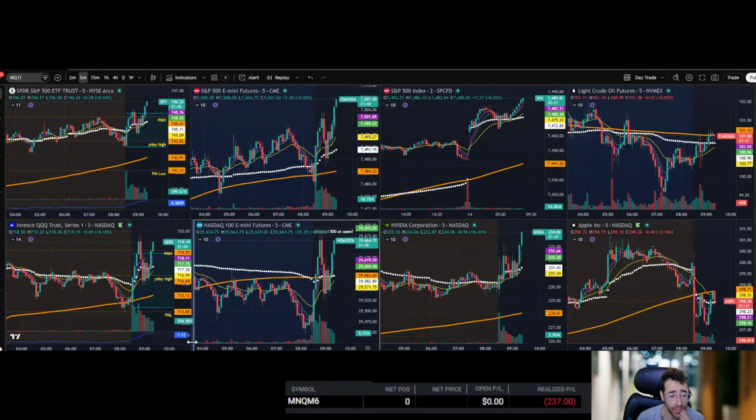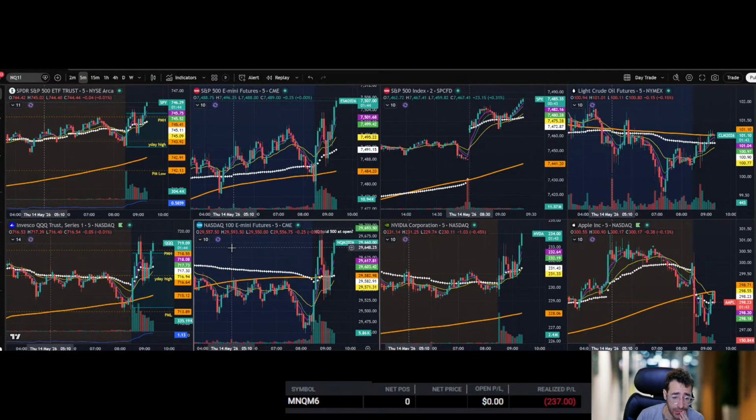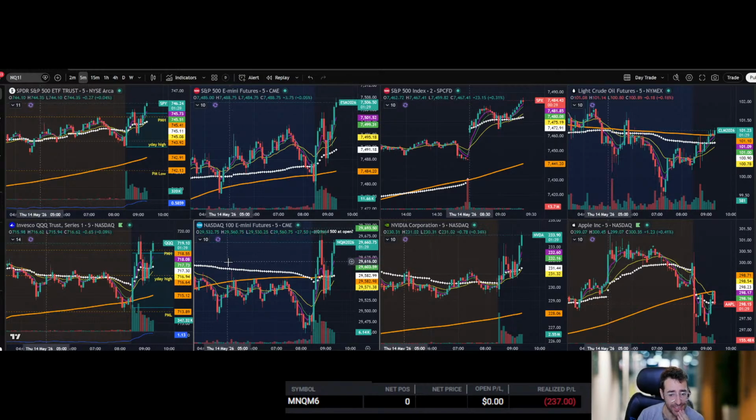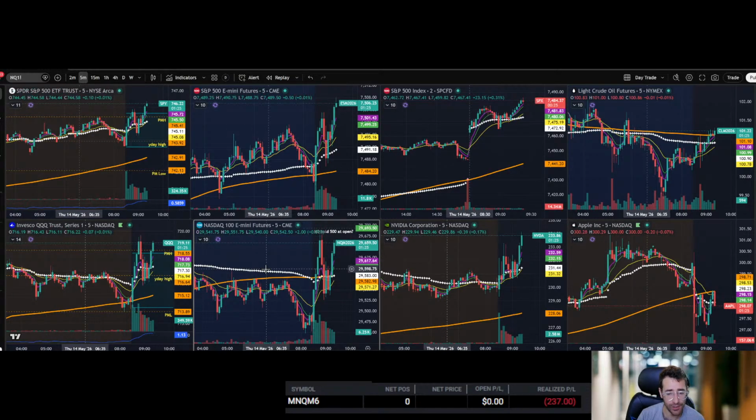And then sometimes you feel like you're missing out because you're like, okay, well, I was long, that would have been green today. But the market doesn't work out how you want it to. It's like life, it doesn't work out exactly how you want it to all the time. Sometimes it does, sometimes it doesn't.